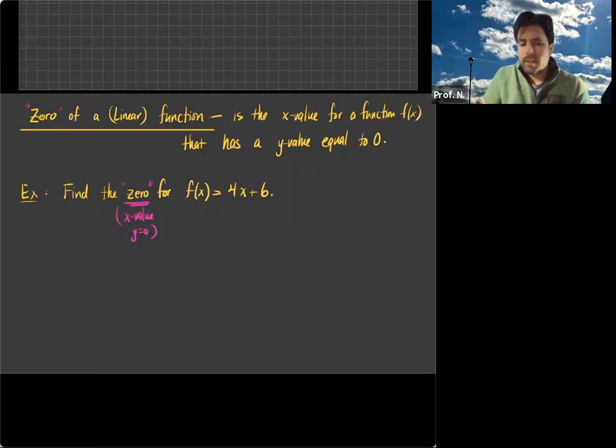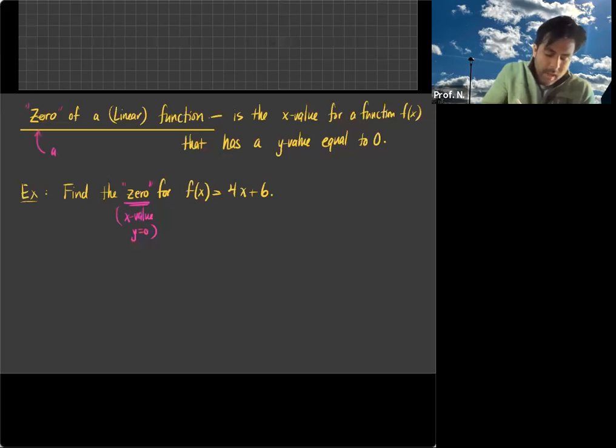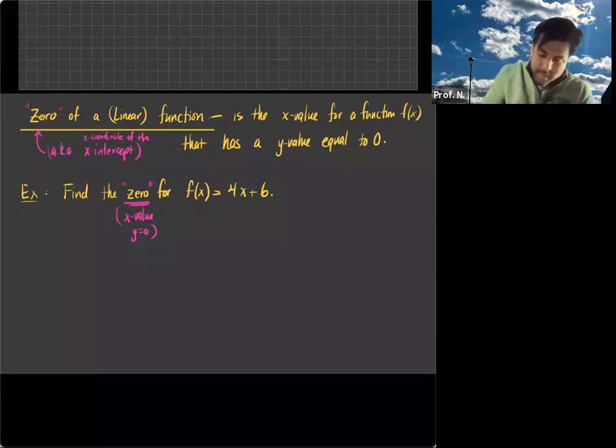Huh. That sounds very similar to something, isn't it? The 0 is also aka the x-intercept. But we have so many different words for the same thing. So the x-intercept represents the 0 of the function, except that it's a bit more specific. The 0 is the x value of the x-intercept. So maybe I should write that. It's the x coordinate of the x-intercept. So then what I'm going to do is I'm going to set